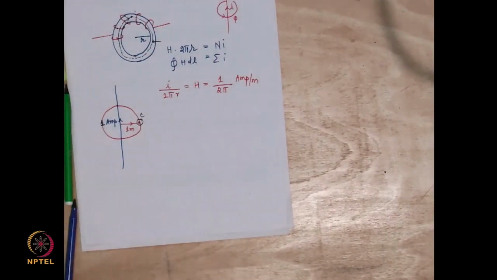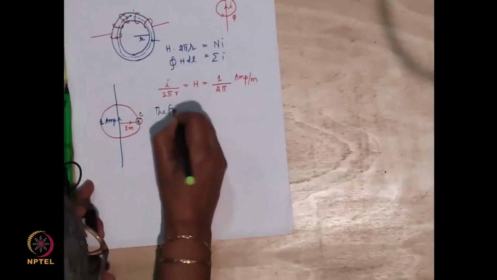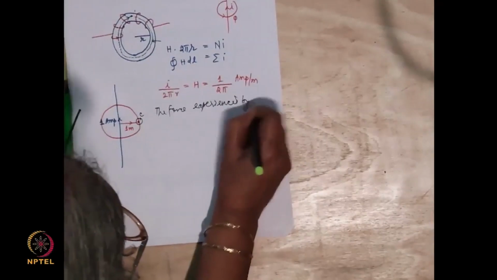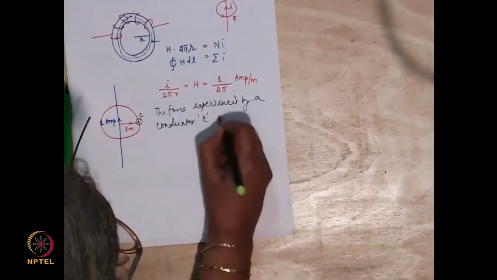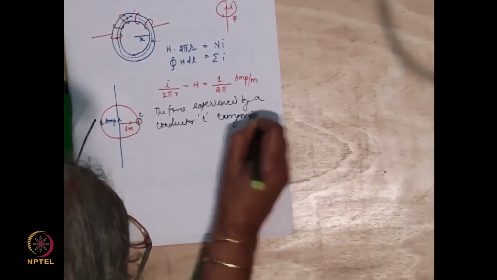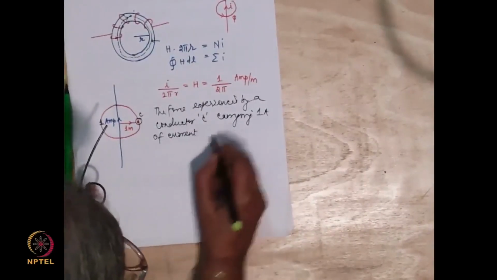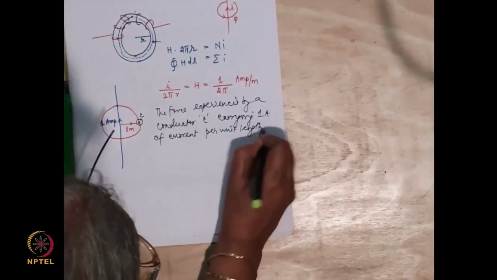And let's say that conductor is carrying 1 ampere of current. What is the force experienced by that particular conductor? I want to first of all get that. So, the force experienced by a conductor C carrying 1 ampere of current per unit length. I want to calculate it per unit length of C. Will be